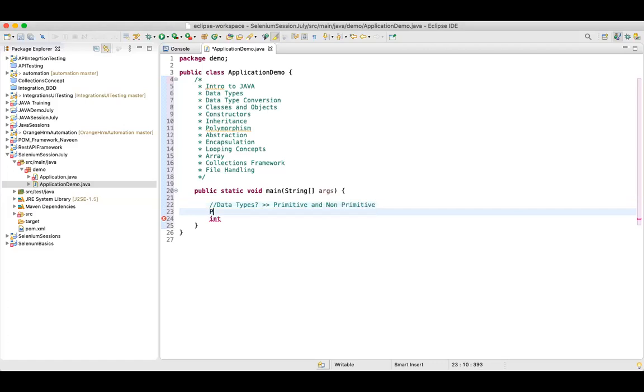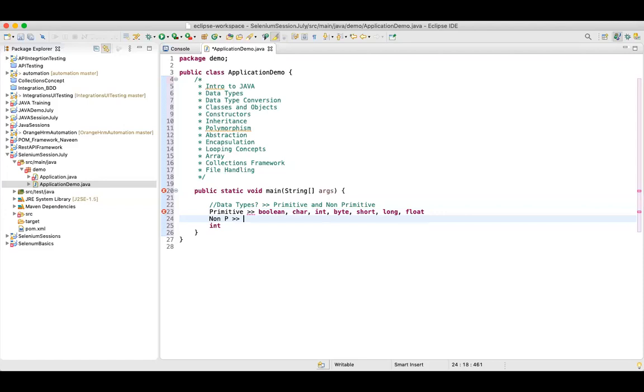Within primitive, there are multiple classifications as well, but let's focus on what we have. We have Boolean, character, integer, byte, short, long, and float. And within non-primitive, what do we have?